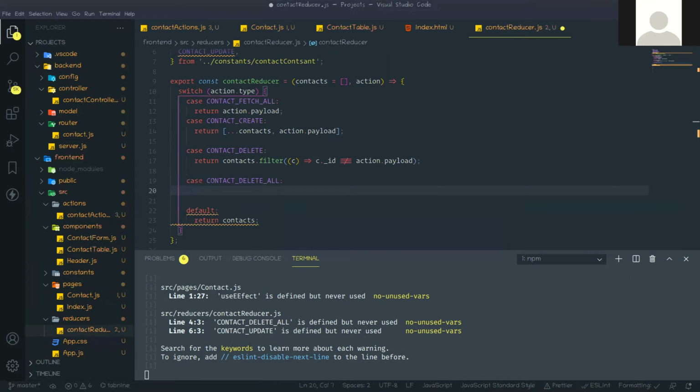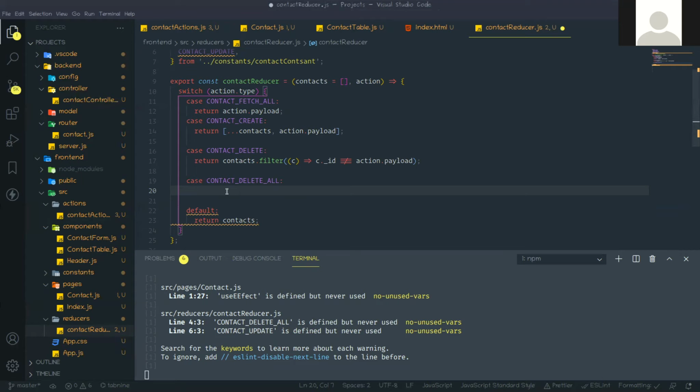So in this reducer, when contact delete all happens, that time we need to filter the data, meaning we filter out all the data which match the array of IDs.